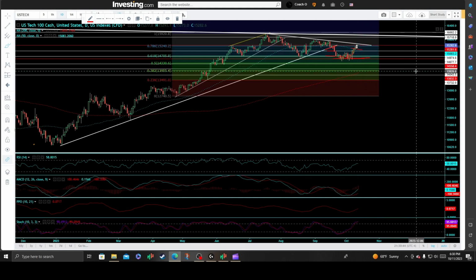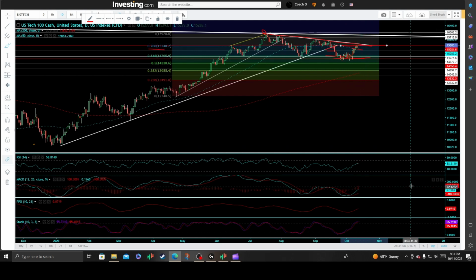moving average. And here we are retesting the primary downtrend line off the July reactionary highs, and just a major price resistance level correlated with the 786 fibs retracement, called 15,240 price resistance, and the 15,281.60 price resistance. Call it a triple transitioning point, offering a great risk reward ratio move to the downside, where you have the